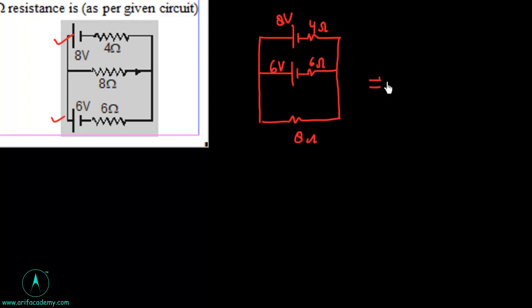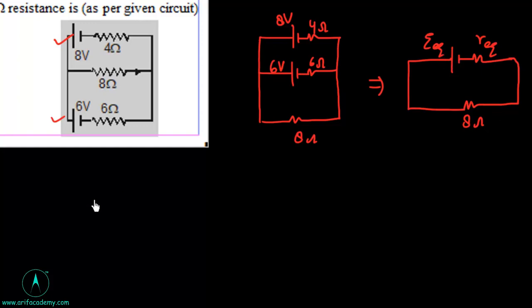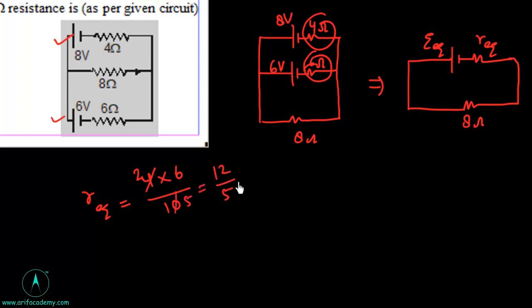So this can be replaced by a single cell, and this is the load resistor 8 ohm, and this is R equivalent, E equivalent. So R equivalent, as these two internal resistances are in parallel, can be written as 4 into 6 upon 10. I can write as 2 by 5, so this is 12 by 5 ohm,